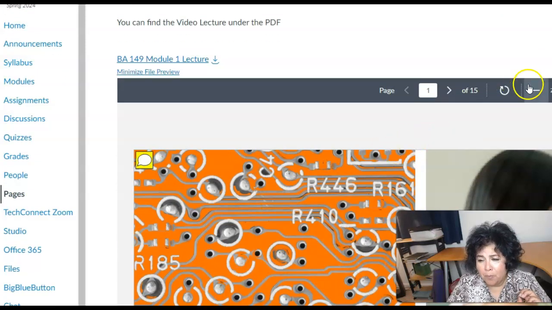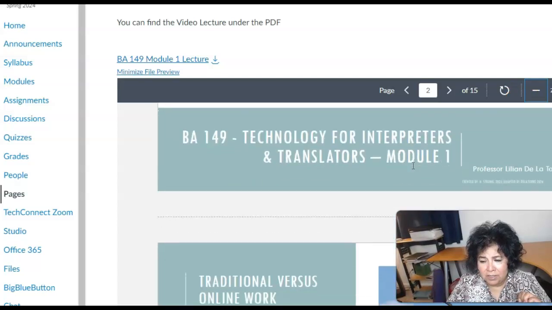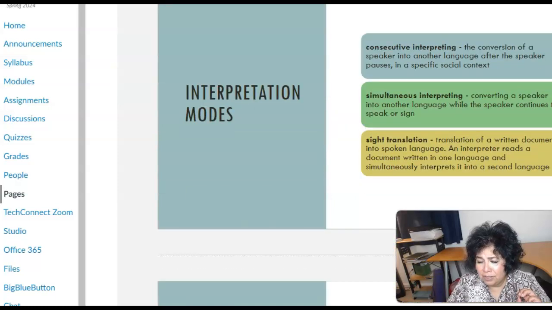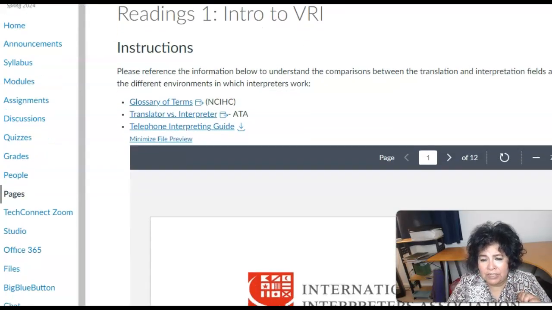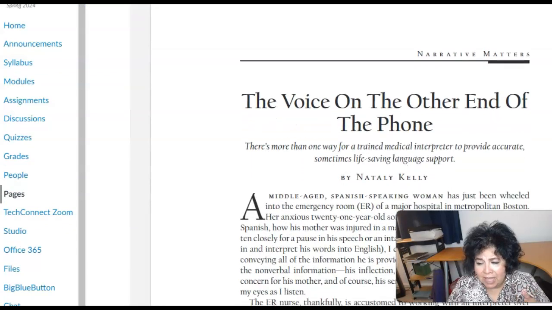So here is my PowerPoint. If you want to read it on Canvas, remember this is the Zoom feature right here, and you can make it smaller. And here is the PowerPoint. You can also download it here. And underneath, once this is done, you can find the video lecture for that particular lecture. And here you're going to find the readings that we recommend for you to become savvy in this topic,